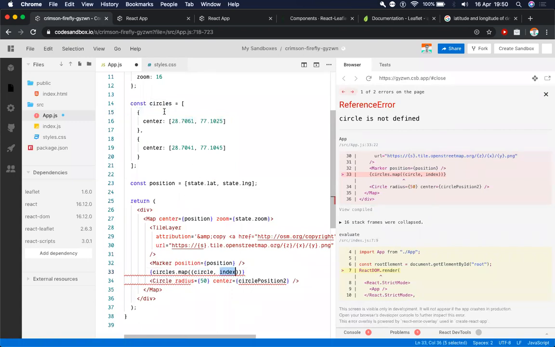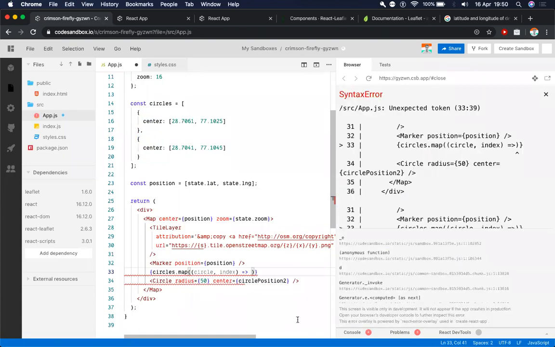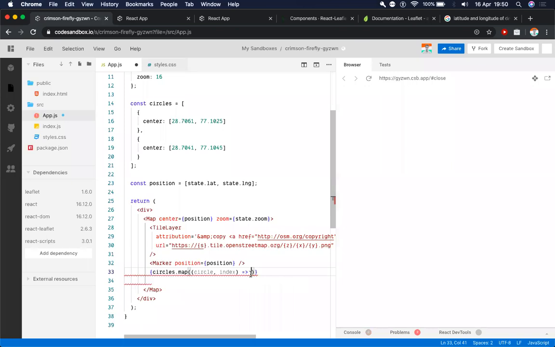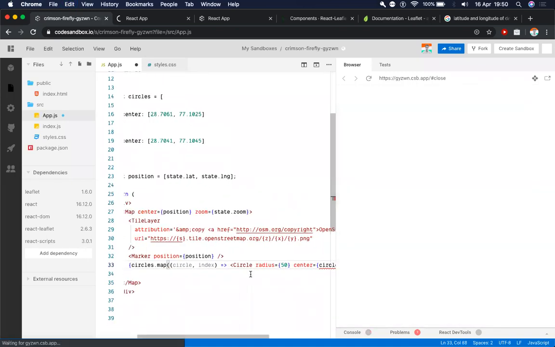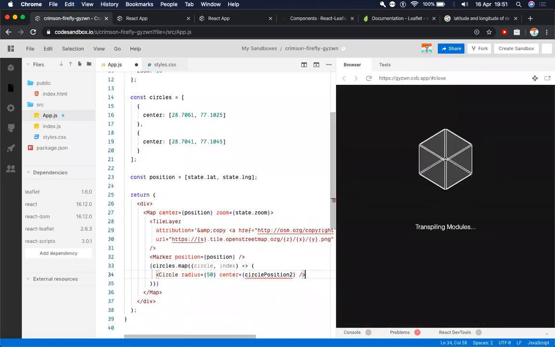While iterating over circles, firstly, it will give the circle as this object. It will give the index to us as 0, and then it will iterate over the next object, and it will give the index of the object as 1. So what we will be defining here is we'll take this circle from here and paste it right here. I'll format the code so this is much more visible. So you can look carefully over here.